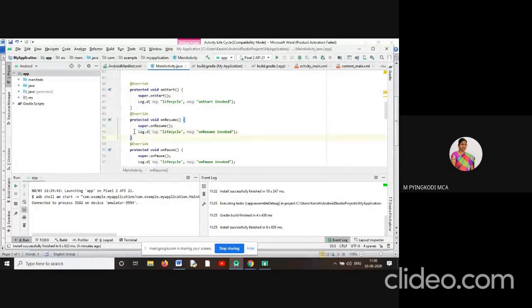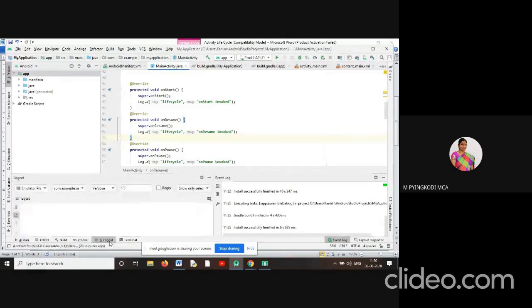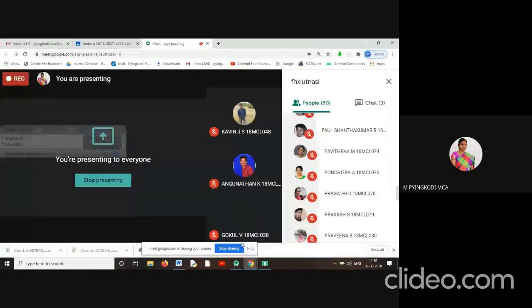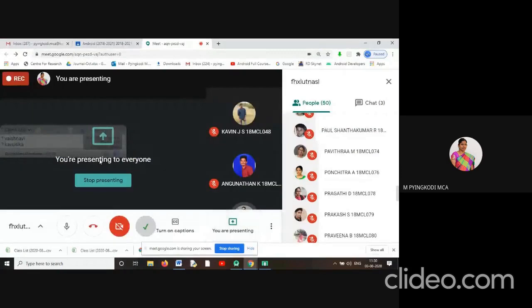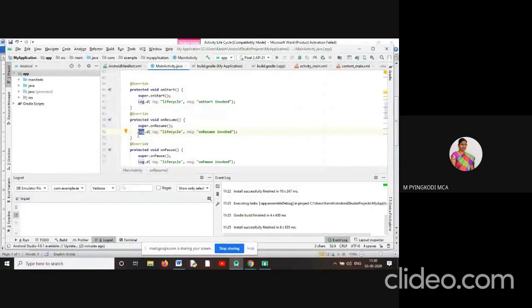Log.d is used to print content in the logcat window. It is an inbuilt method like a print statement. We can print the content in the logcat window, which is available here, while running this application.